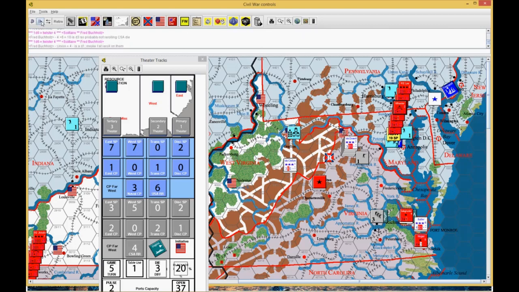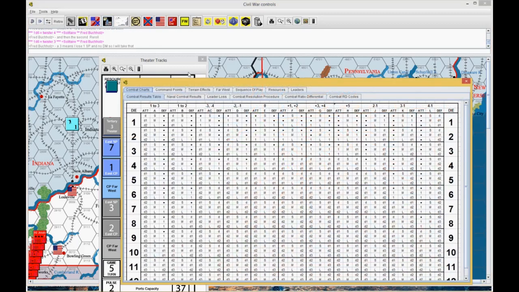And then the Union rolled a 4 as a D1, so they make them reroll. Rolled another 4, then another reroll, got a 3. Means there was one strength point with no DM. I could have tried to have them reroll to keep going, but if you look at the combat table, if I remember right,